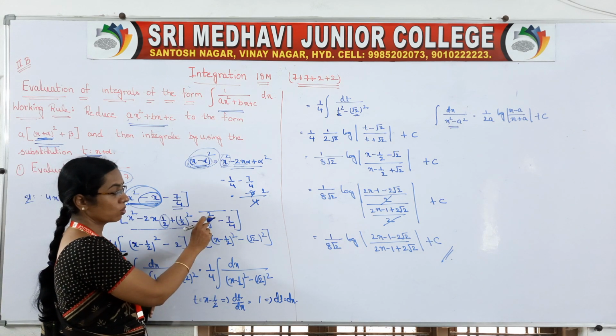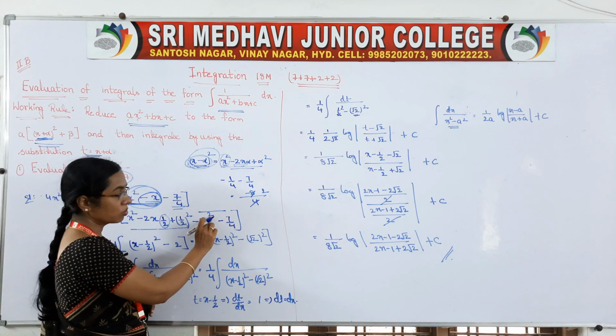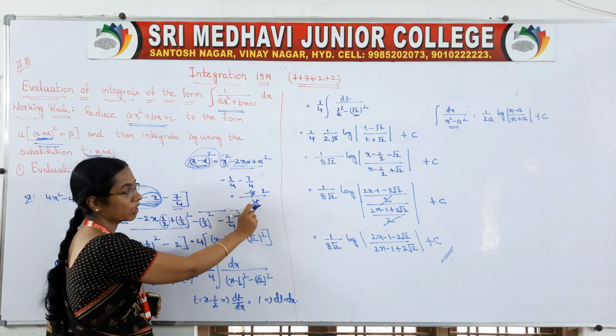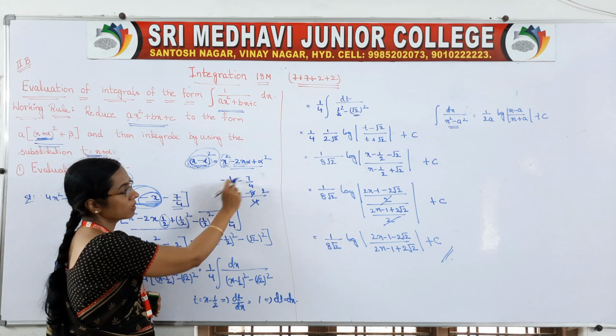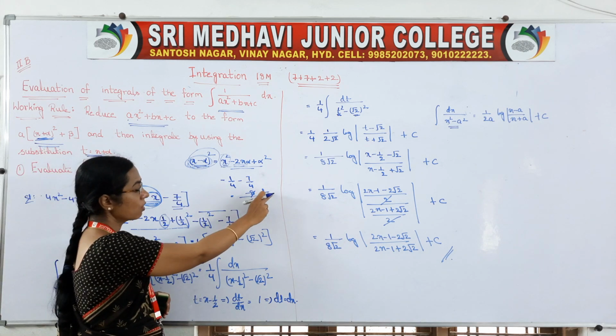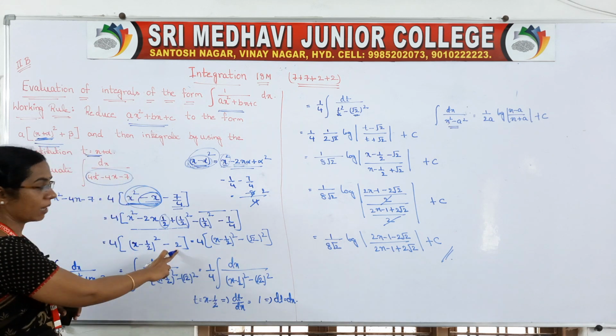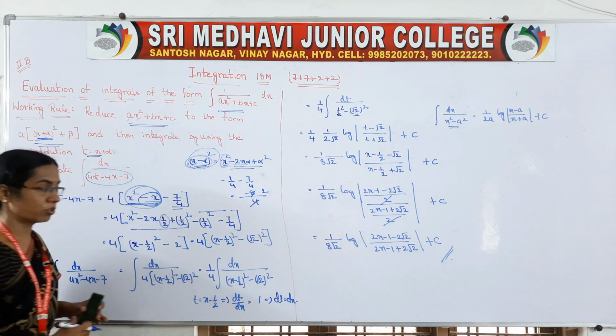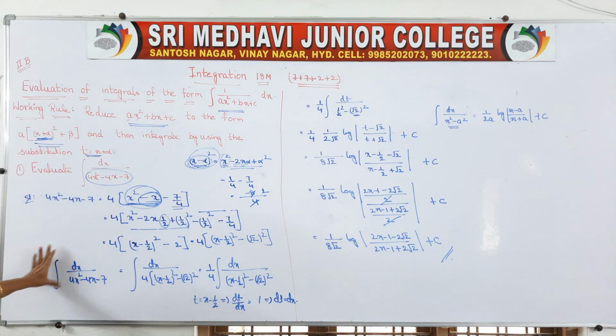Minus 1 by 2 whole square, minus is outside, 1 by 2 whole square minus 1 by 4 minus 7 by 4. 4 is the LCM. So minus 1 minus 7 is minus 8. So 4 ones are 4, 4 twos are 8, so that is minus 2. So we can write this minus 2 as root 2 whole square. Okay, so now you take your